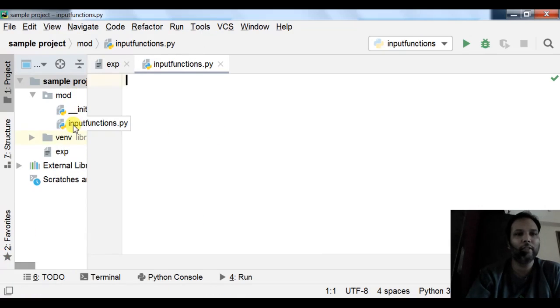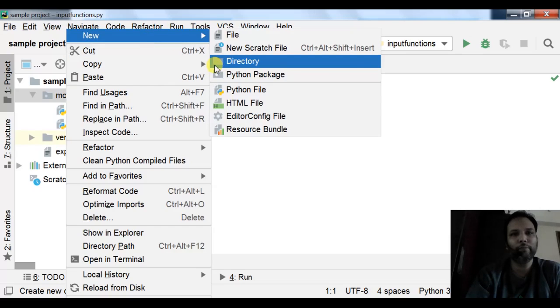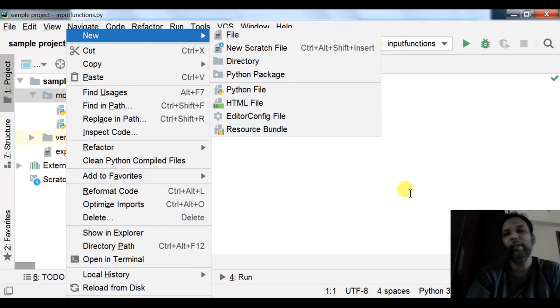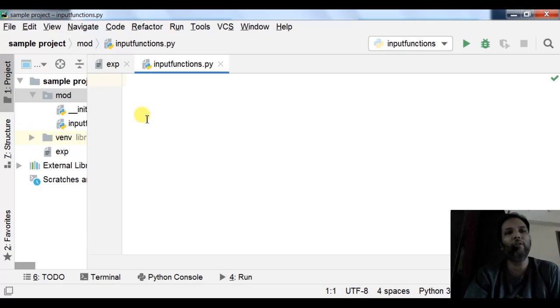That is the input functions, that is the name I have given. How to create a file? Right click on the package, New Python file. In that way I have created the Python file, and in that I am writing my code. And coming on to the input